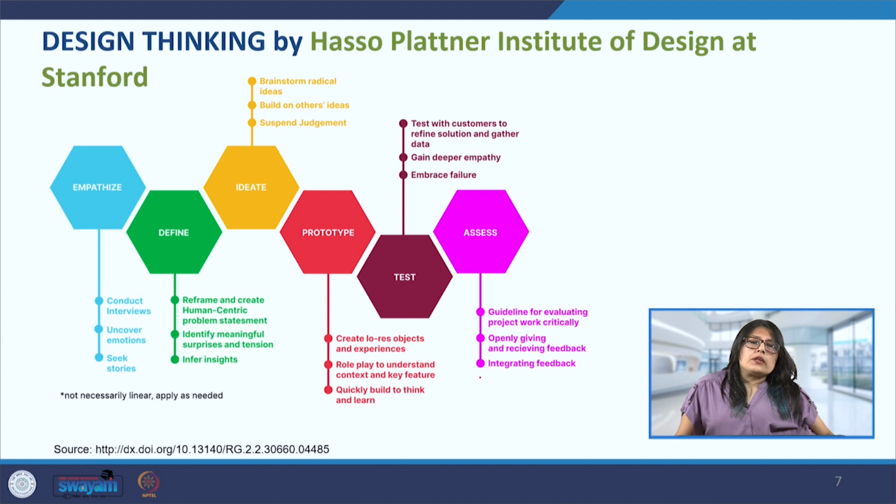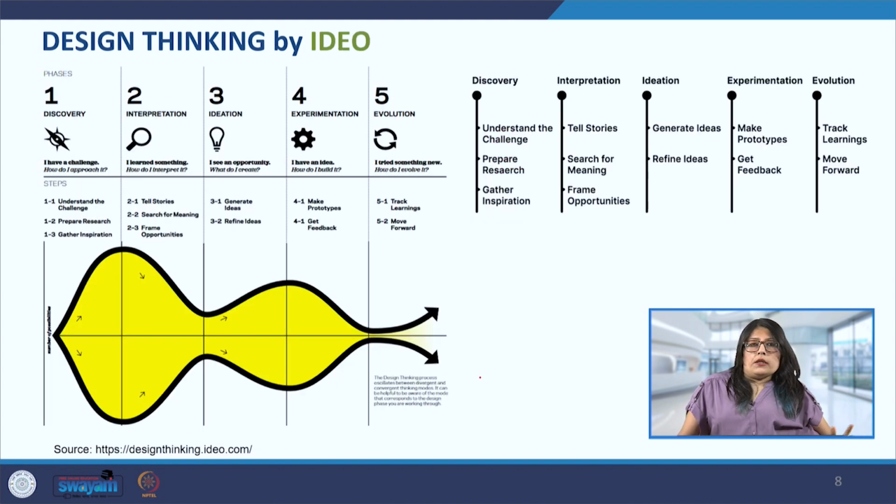Now, there are also certain differences that we will see in these different methods. So now this D-School approach is rooted in the academia, and so it emphasizes the educational programs and research. So this is more oriented towards the academia. IDEO is a global design and consulting firm, and they apply design thinking in a practical client driven context, and they often focus on real world business and social challenges. So that is where their strength lies.